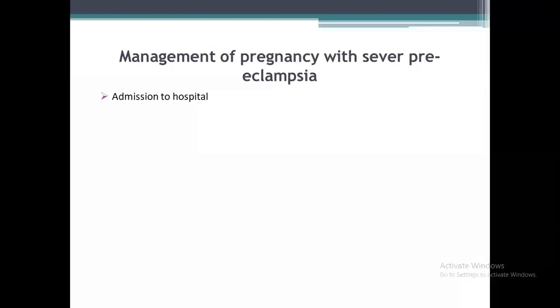Can I ask a question? It's important. Even if she is mild, I said yes. Even if she is moderate, I said yes. Even if she is severe, I said must. Why? Because we cannot know from the beginning that this mild form will not go to the moderate or severe form. But in severe form, it definitely necessitates admission to the hospital. Two,